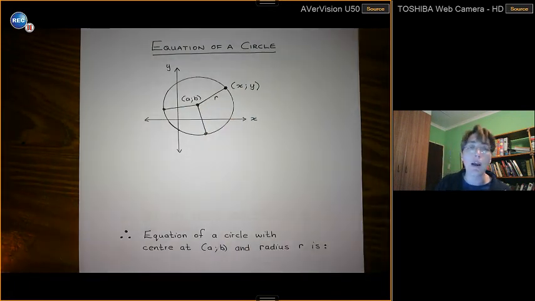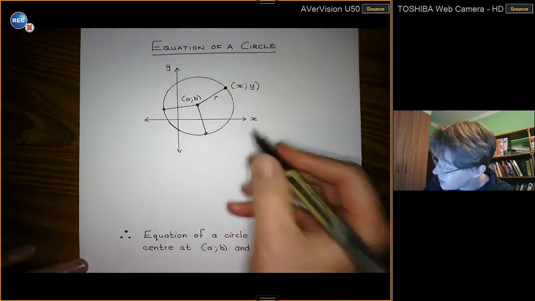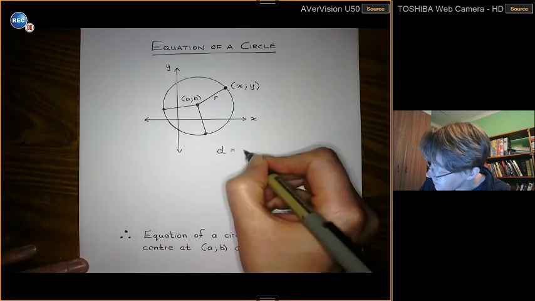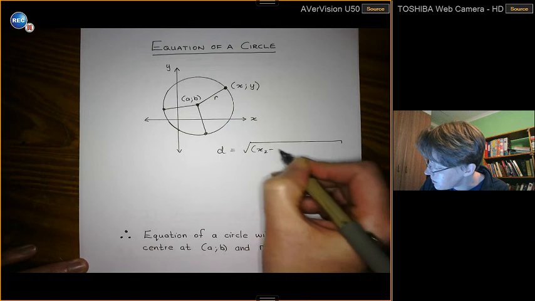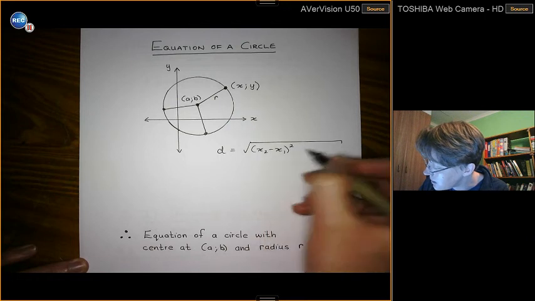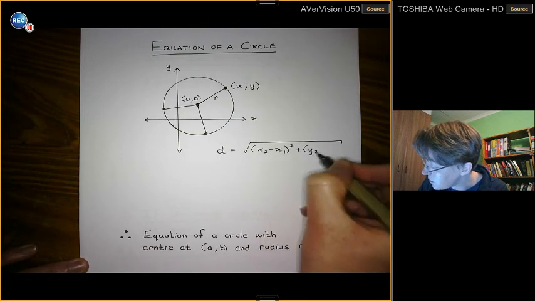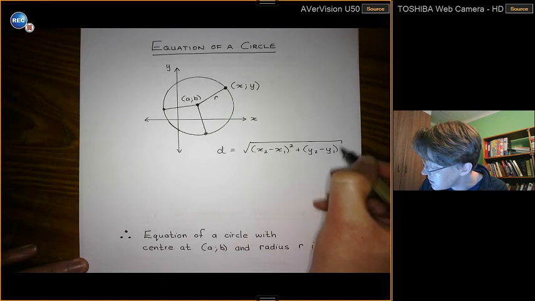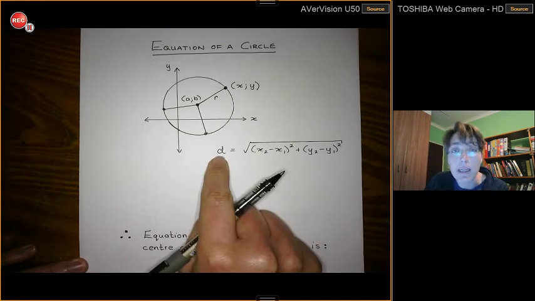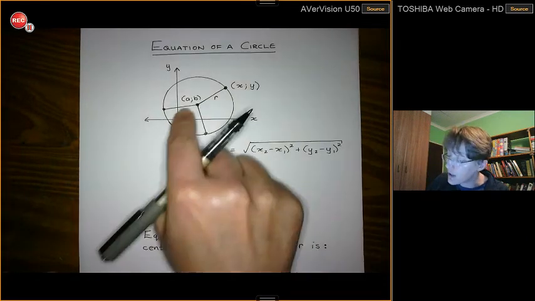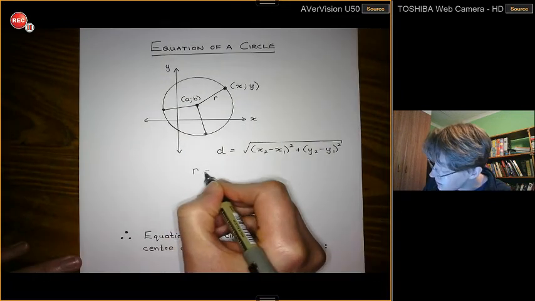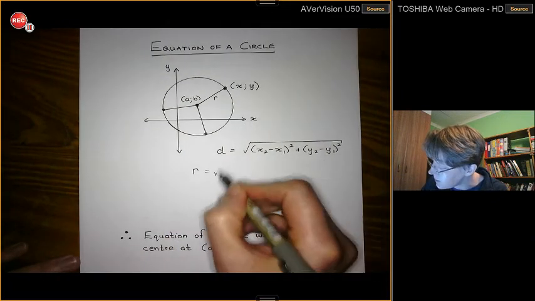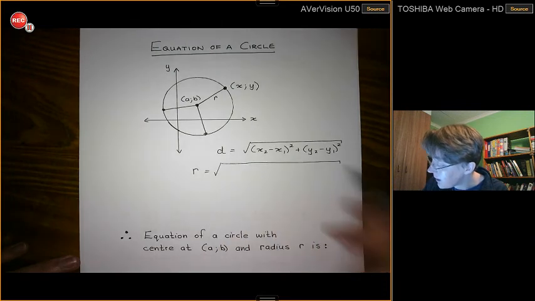So what we're talking about here is the distance formula. We're saying the distance is x2 minus x1 squared plus y2 minus y1 squared. But the distance between these points, the distance every single time between the center and the circumference, we call the radius. And then we can go and sub into that formula saying it is then going to be